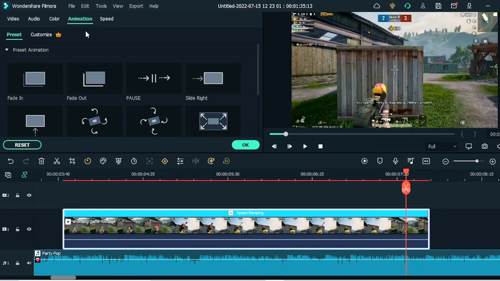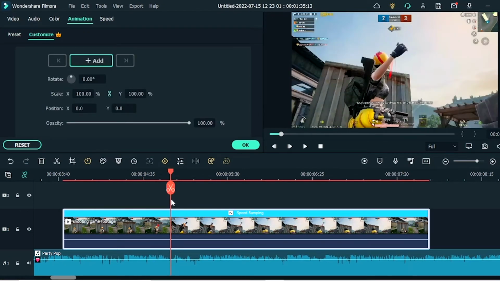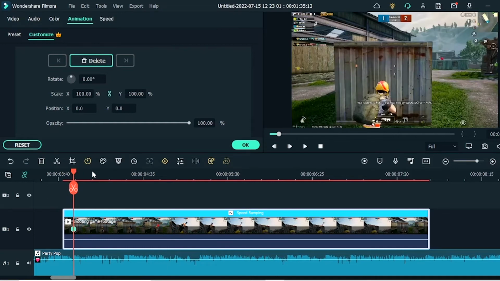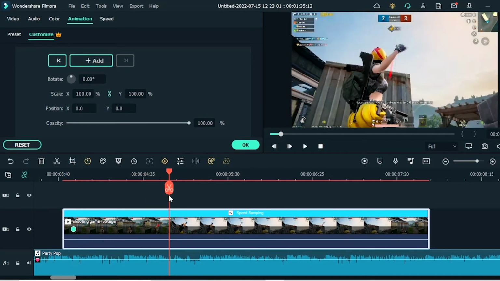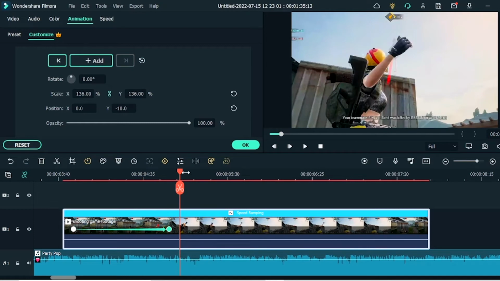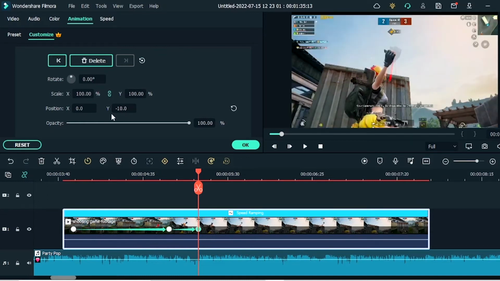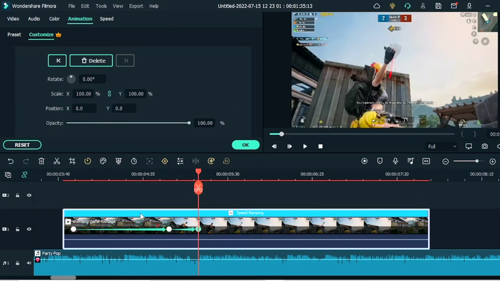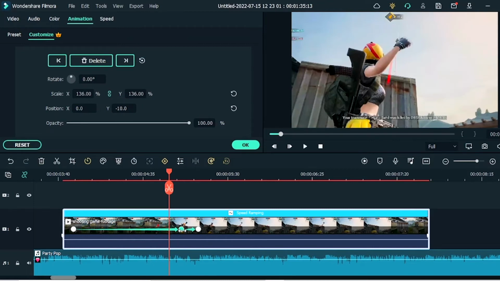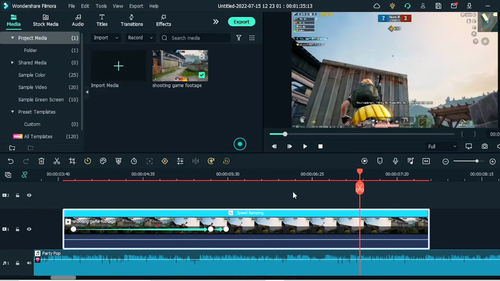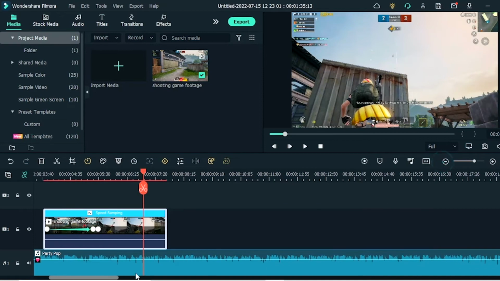Now go to the animation section and we're going to create keyframes based on the movements. So right over here, when she's about to throw the grenade, we're going to add a keyframe, move it back, and then we're going to just zoom in towards her hand. And then a few frames forward, when she's throwing the grenade, we're going to zoom out from our video. So type in 100 for scale and 0 for position Y. Bring these two keyframes together so that the effect is pretty quick. Hit OK once you're finished, and now we can bring in our third effect and place it right next to